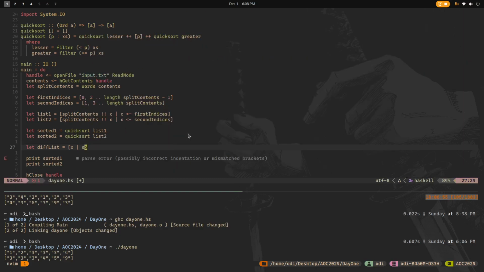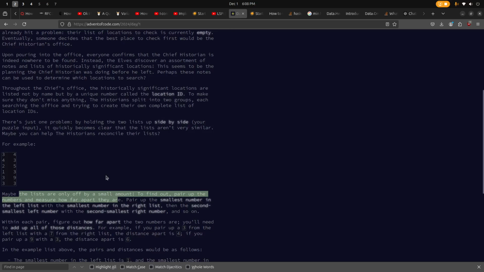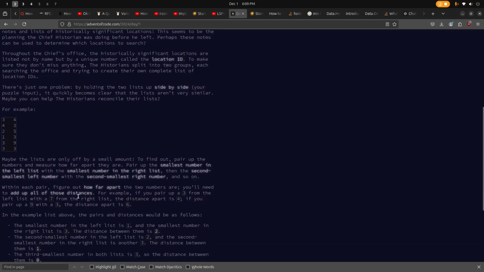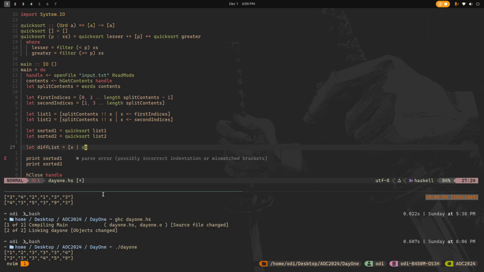Wait a minute. How exactly should this go? Should it be that all of these are going to be bigger than all of these? Or it'll be just the difference. Like what should it actually be? Oh, it's just the distance, so it won't ever be a negative number. Okay. So yeah, I guess it is ABS. So we do a list comprehension such that